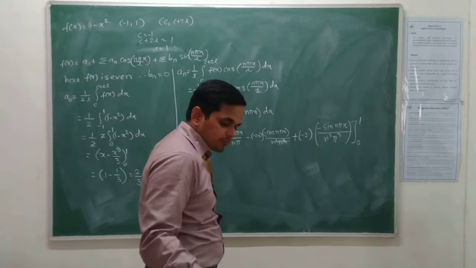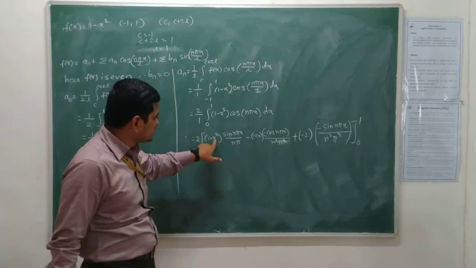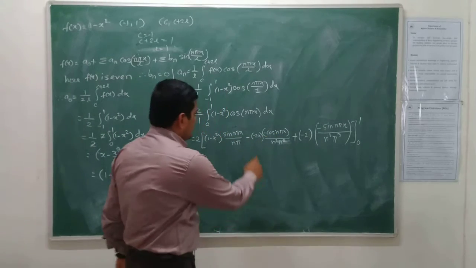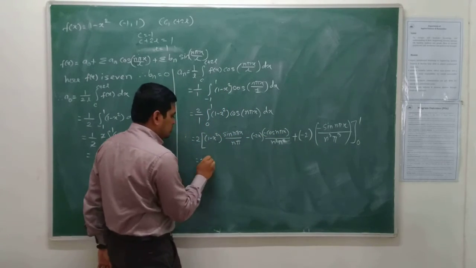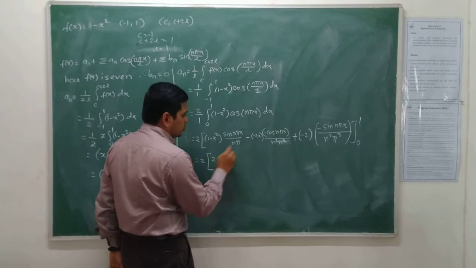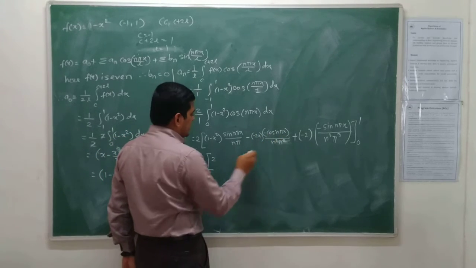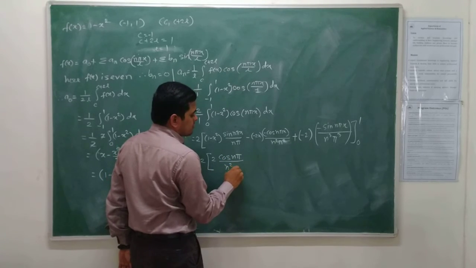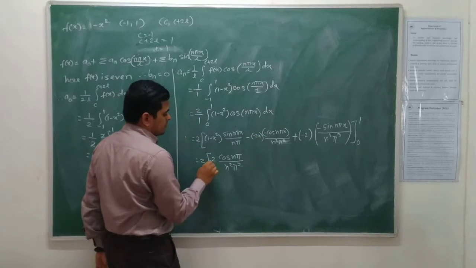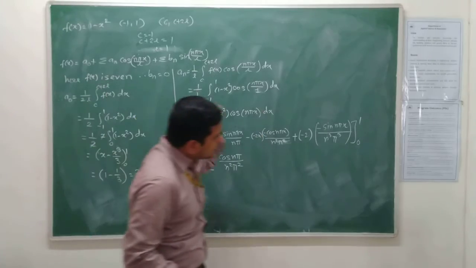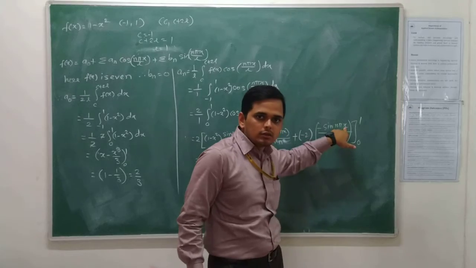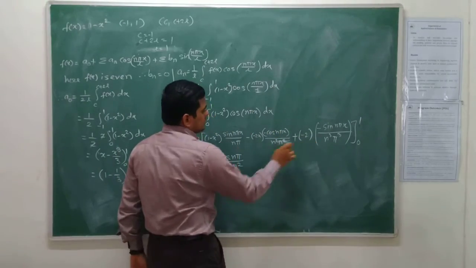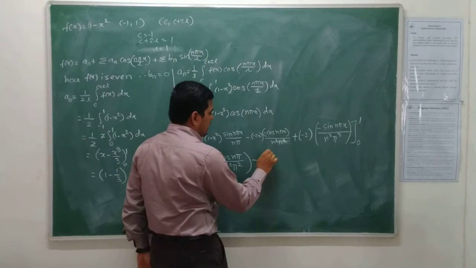Okay. Now the upper limit is 1, 1 minus 1 is 0. This first term is going to be 0. Here we get a cos n pi. Minus, minus, minus 2 into bracket. This is 2 into 1, 2, and cos n pi we get. That is not new to us. Cos n pi divided by n square pi square. Minus minus minus becomes a minus. Okay. Next, when I substitute x as 1, we get sin n pi. Sin n pi is always 0. So this first and third terms are going to be 0.